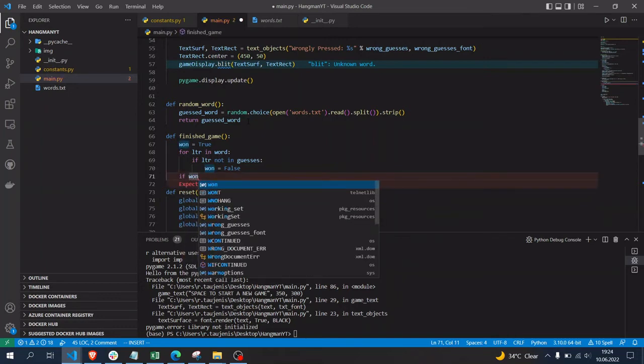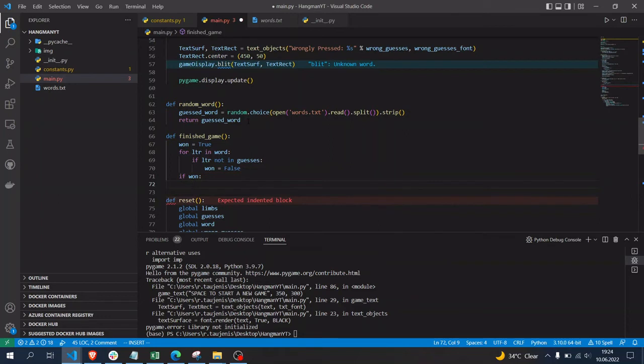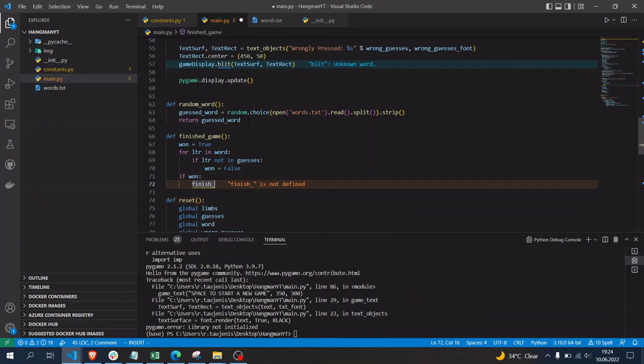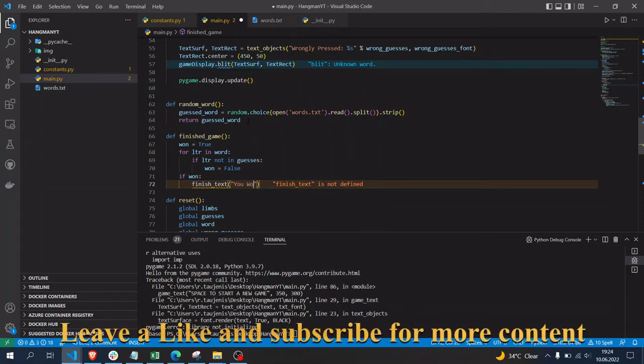If one, finish text, you won, and the smiley face just for the fun of it, 400,